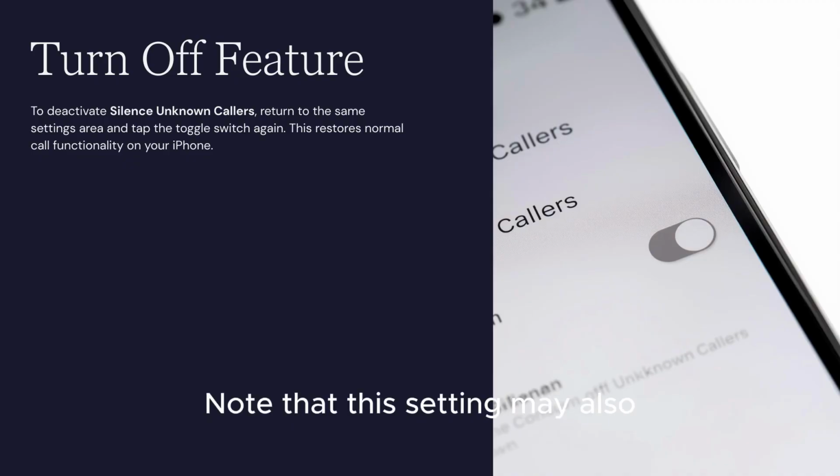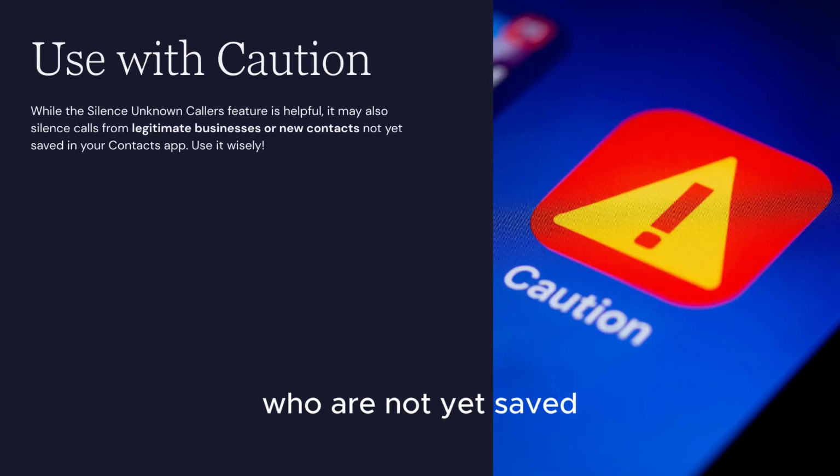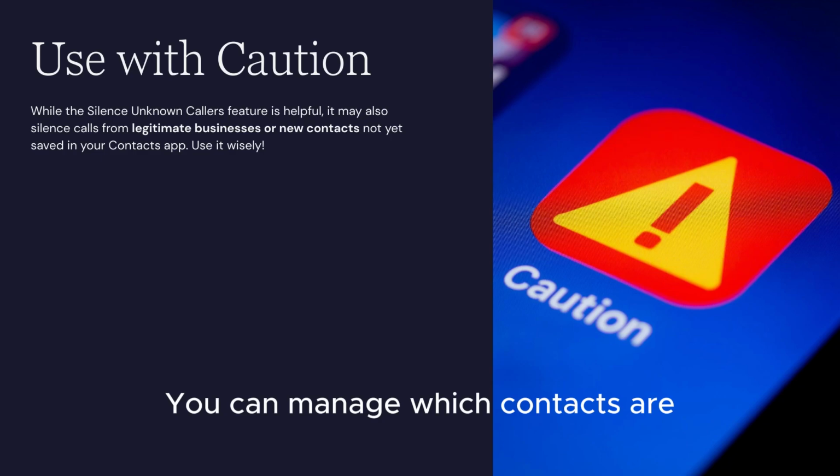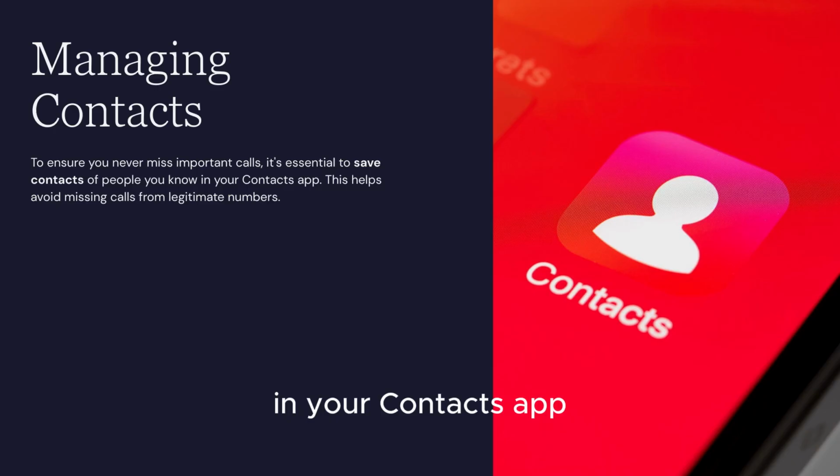Note that this setting may also silence calls from legitimate businesses or new contacts who are not yet saved, so use it with caution. You can manage which contacts are recognized by ensuring people you know are saved in your Contacts app. This feature works across all your Apple devices signed into the same iCloud account if you have calls on other